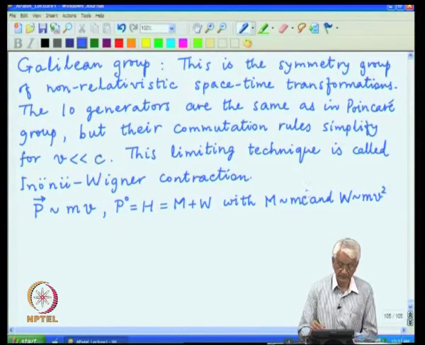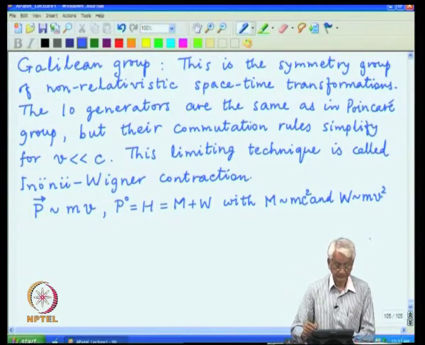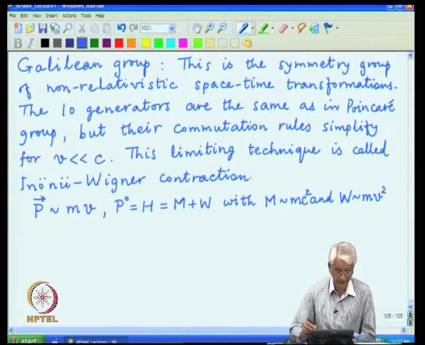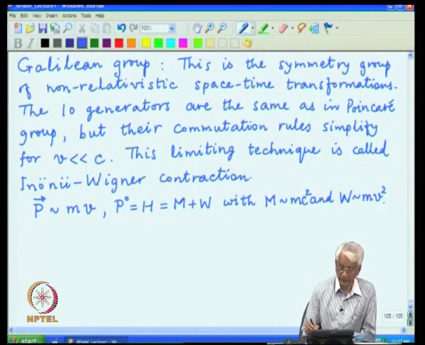This is m c square, and that is suppressed compared to the rest mass by 2 powers. This includes both the kinetic energy and the potential energy, but both of them are of comparable magnitude, much smaller than the rest mass energy. So, this is how the momentum components are going to scale.